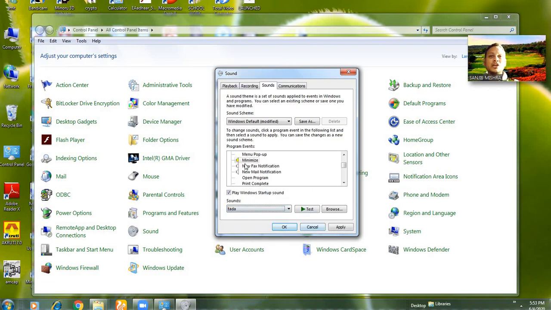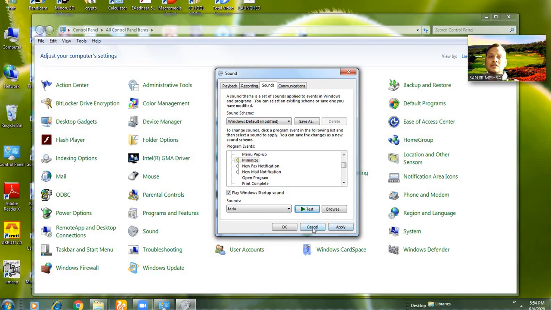That means when you minimize your window, that sound will play. Clear? You can test it also and see how it makes the sound. Like that you can set the sound of various operations inside Windows.